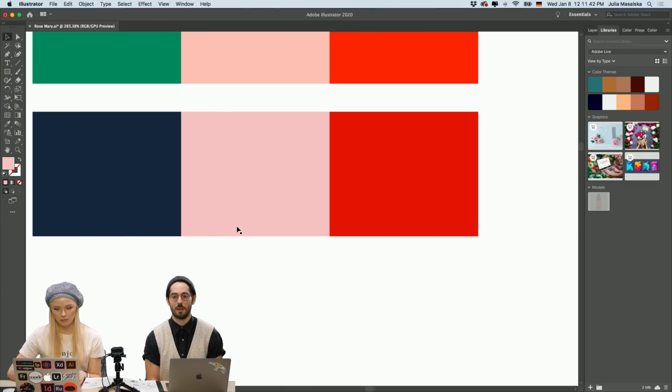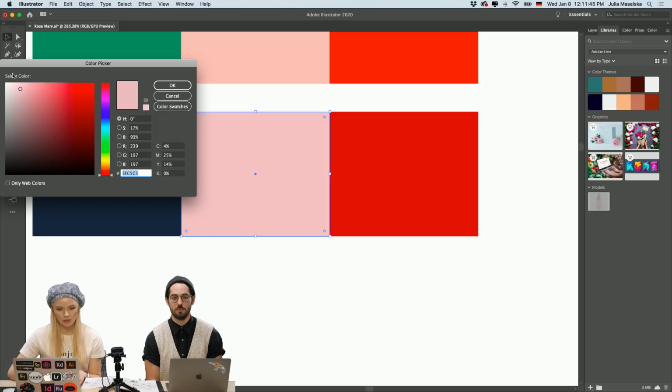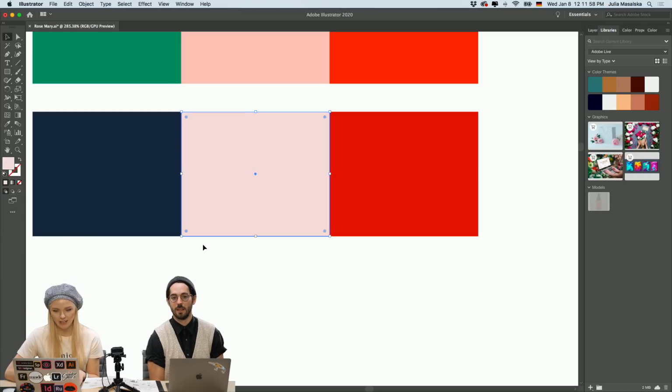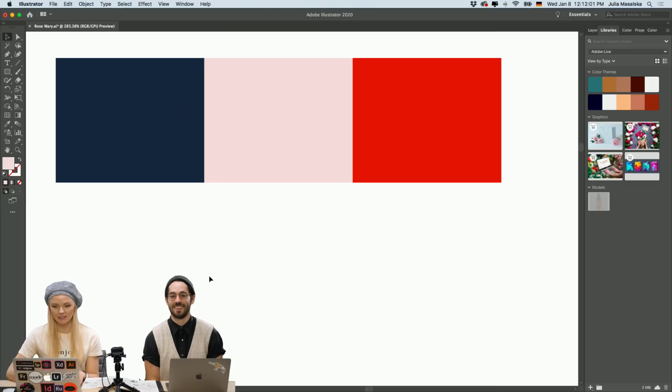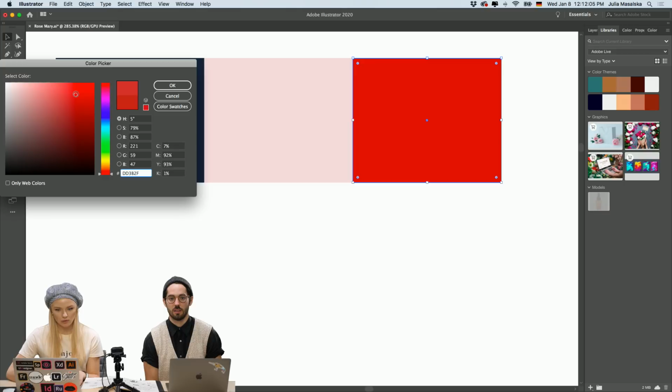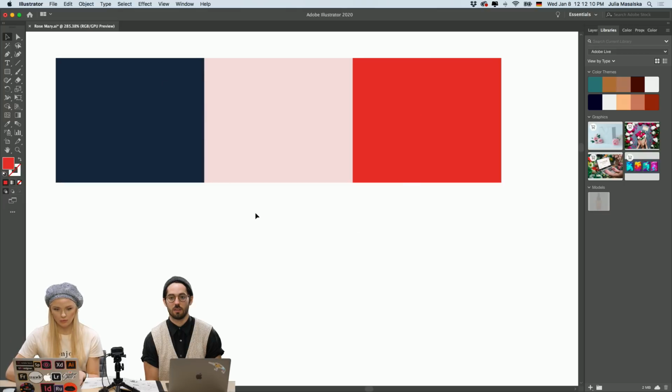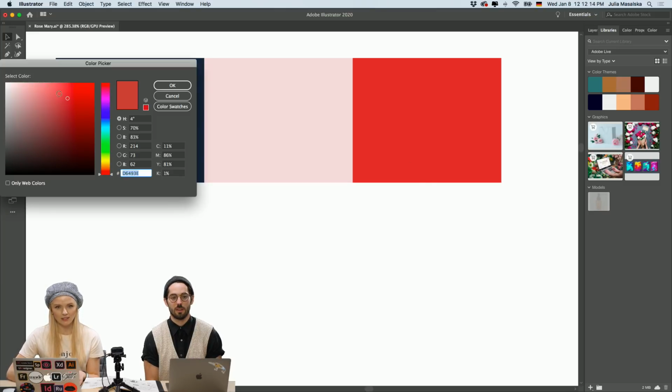Nice. But I might want it a little bit lighter so it has a greater contrast with the blue, because we're gonna be using this color on top of the blue or on top of the red to put the typeface or graphics on. So gotta make it pop. Gotta make it pop, exactly. That might be it, actually. This red might be a little too poppy. I'll go more into the whiter version of it. So I'll just move it in the white direction.